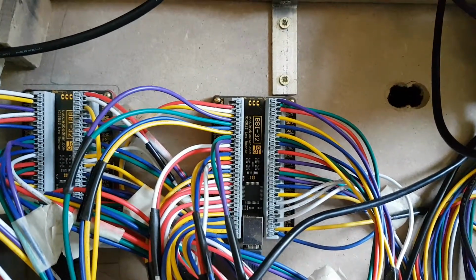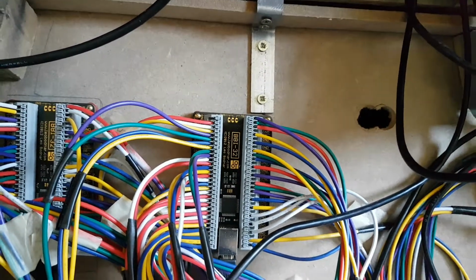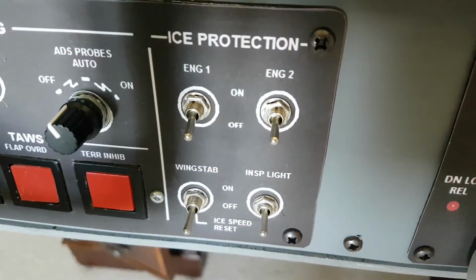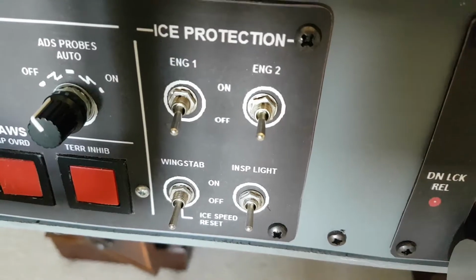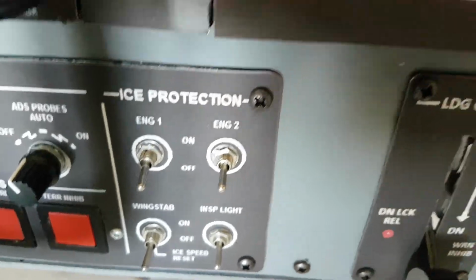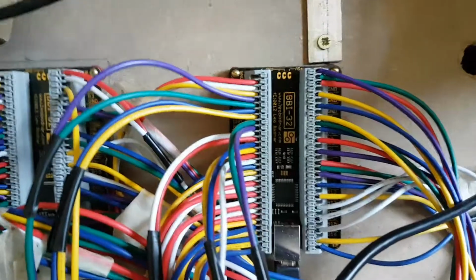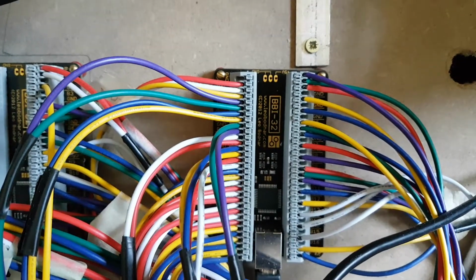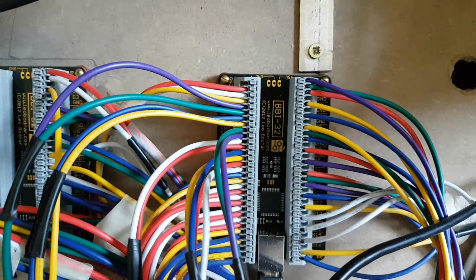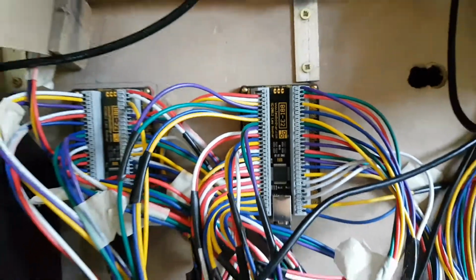Basically all you've got there is a standard switch mounted on the front of the board, say something like these micro switches here, which are standard micro switches bought off eBay, and then 2 wires out of the back of that switch go to 2 connections on the BBI-32. Pretty simple. Every switch is the same. 2 connections for each switch, other than the